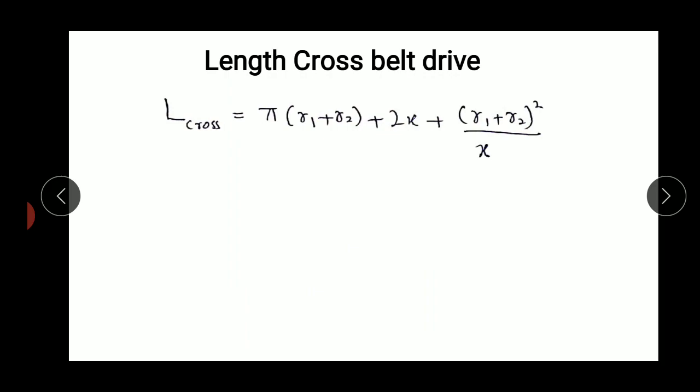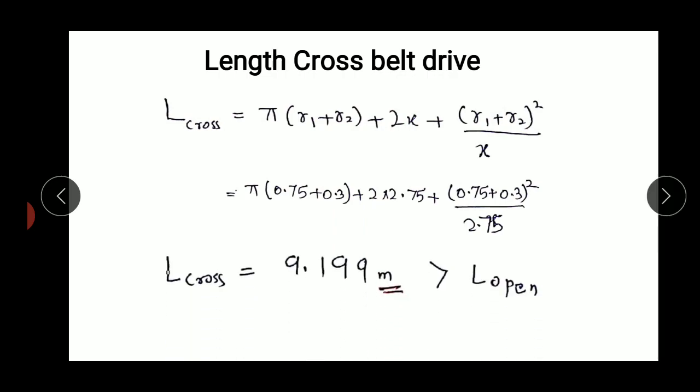The last thing remaining is the length of the cross belt. The formula for length of the cross belt is pi (r1 plus r2) plus 2x plus (r1 plus r2) whole square divided by x. Put all the values over here: pi, r1 is 0.75, r2 is 0.3, x is 2.75. Put all the values in this equation and you will get the length of the cross belt as